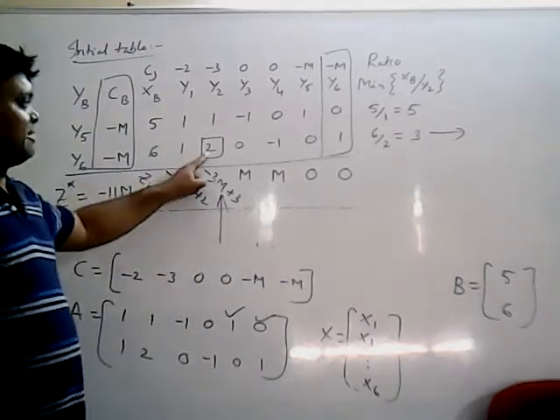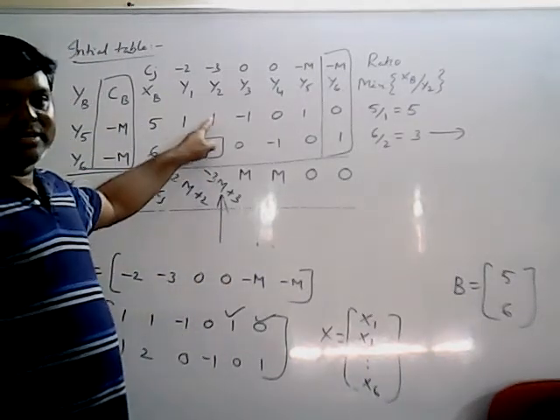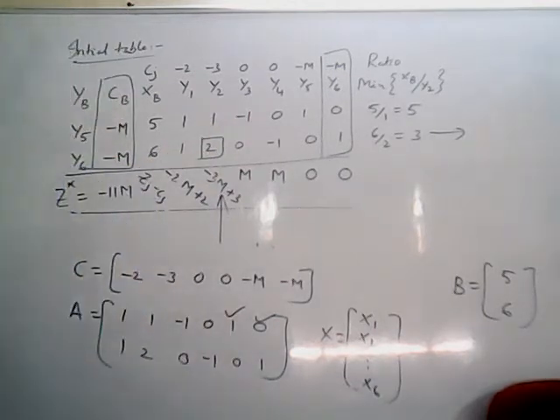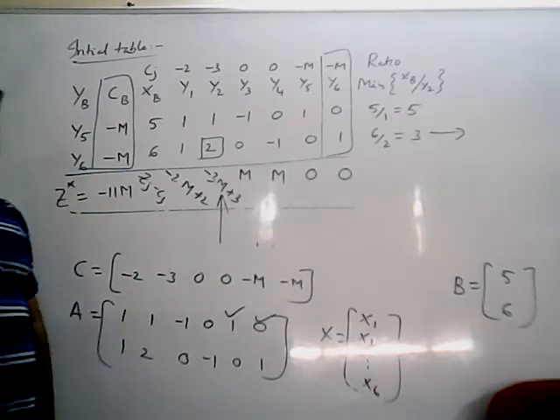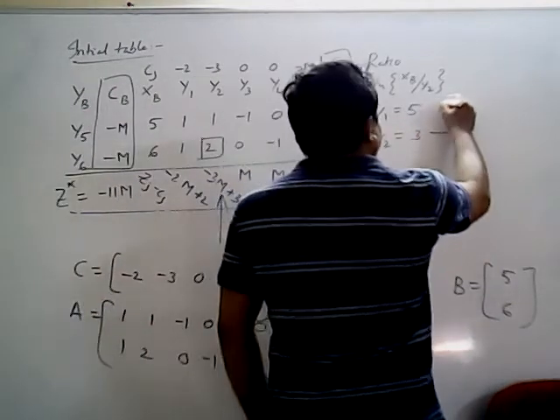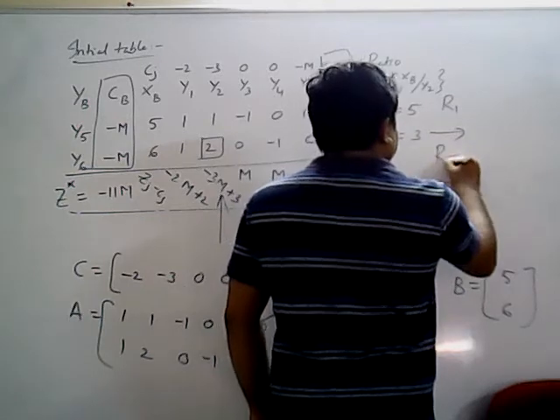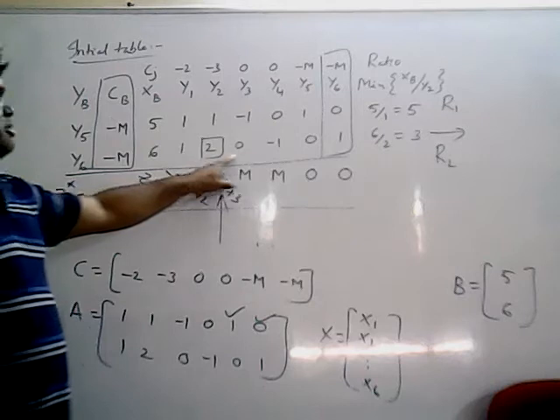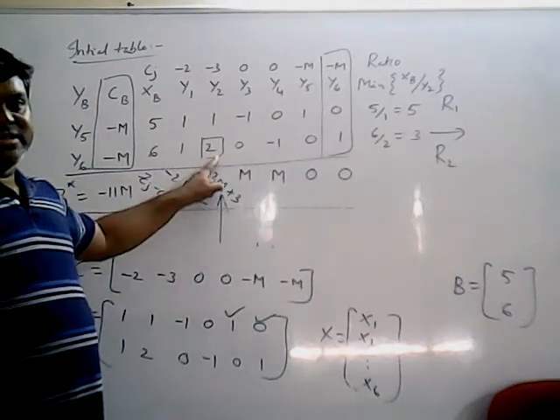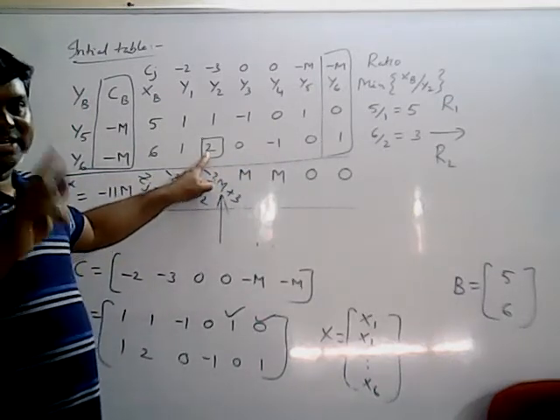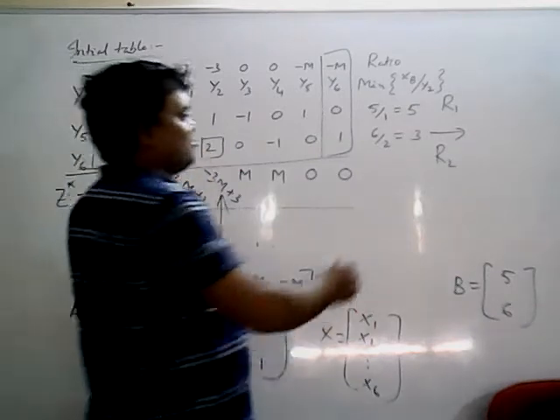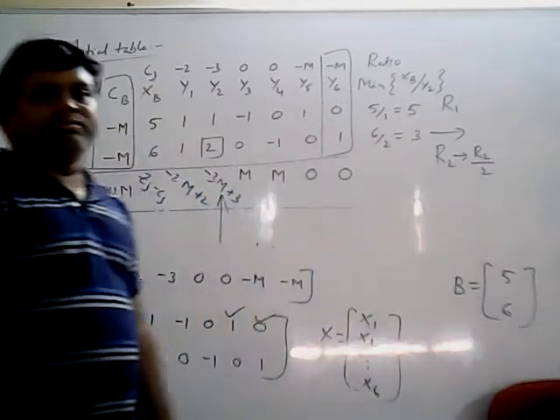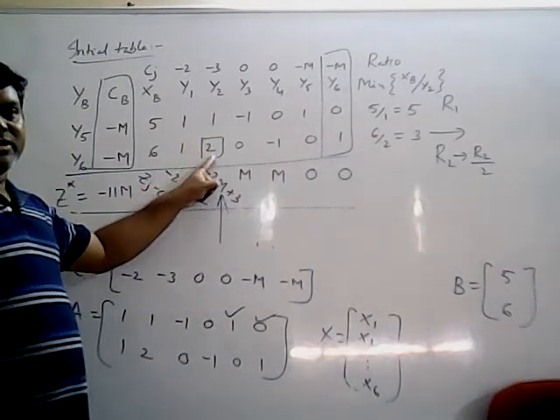The next step is to make the key element 1 and the other elements in that particular column 0 by performing matrix row operations. Row operations you have to consider. How many rows are there here? R1 and R2. The key element is in which row, first or second? The second row. What is that element? 2. I want 1 here. How will you get 1? By dividing by itself. So the operation you have to write is R2 implies R2 by 2, then automatically you will get 1 here.